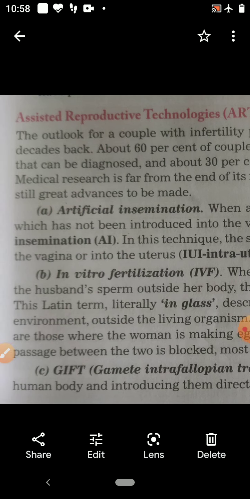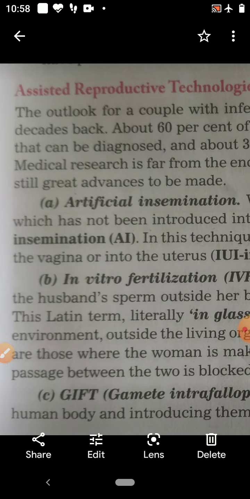Its reason is either there is some problem in the reproductive system, or there is some structural defect or functional defect in the functioning of the reproductive organs. So if they are having some defect in the reproductive organs or reproductive system, the couple is not